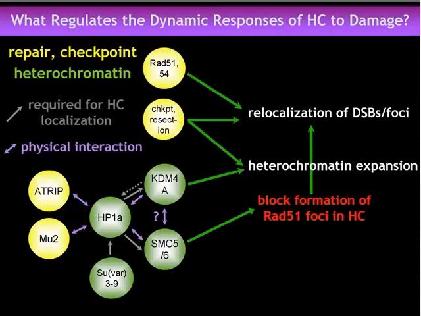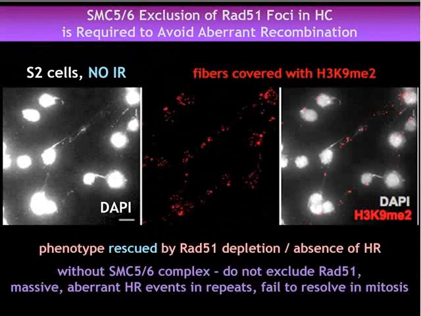Okay, so finally, in terms of relevance to genome stability, in fact, if you get rid of heterochromatin proteins, such as SMC56, then what you get are these massive aberrant homologous recombination events, and you can see these as fibers that connect cells that have failed to complete cytokinesis. And these fibers are covered with K9 methylation, indicating that they're heterochromatic. And so without the SMC56 complex, you are no longer able to exclude the formation of Rad51 foci, and you get massive aberrant recombination